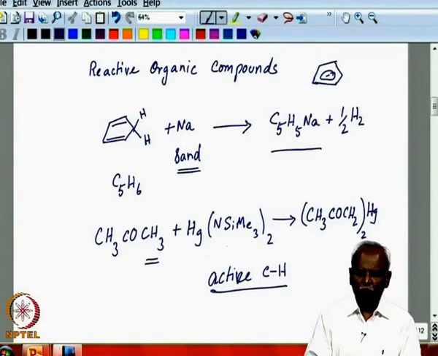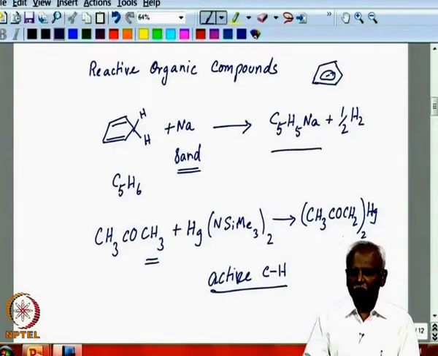nitrogen compound, tris trimethylsilyl compound, which is attached to mercury, and that is already a mercury 2 plus compound, but it exchanges with this active hydrogen in order to produce a carbon mercury bond. So, this is yet another way of making a metal alkyl bond fairly readily. These examples